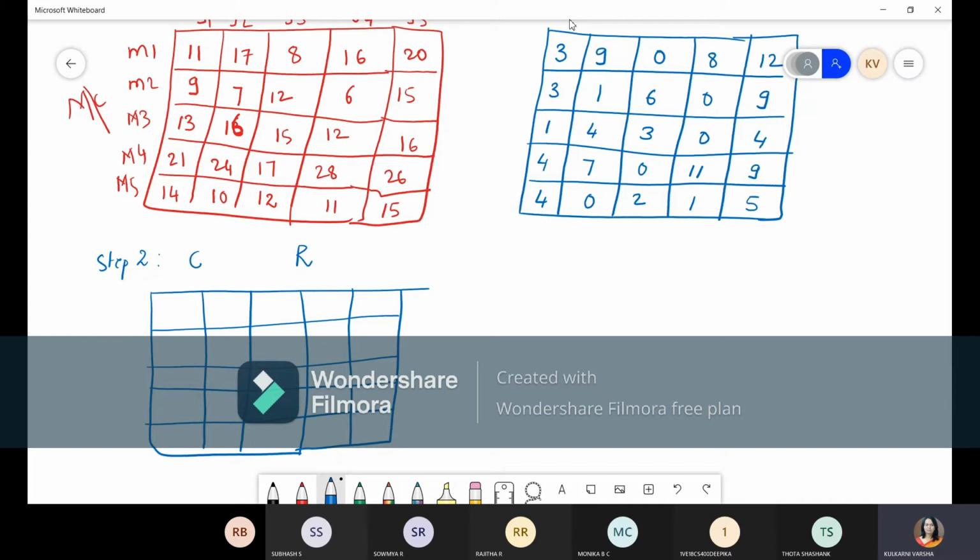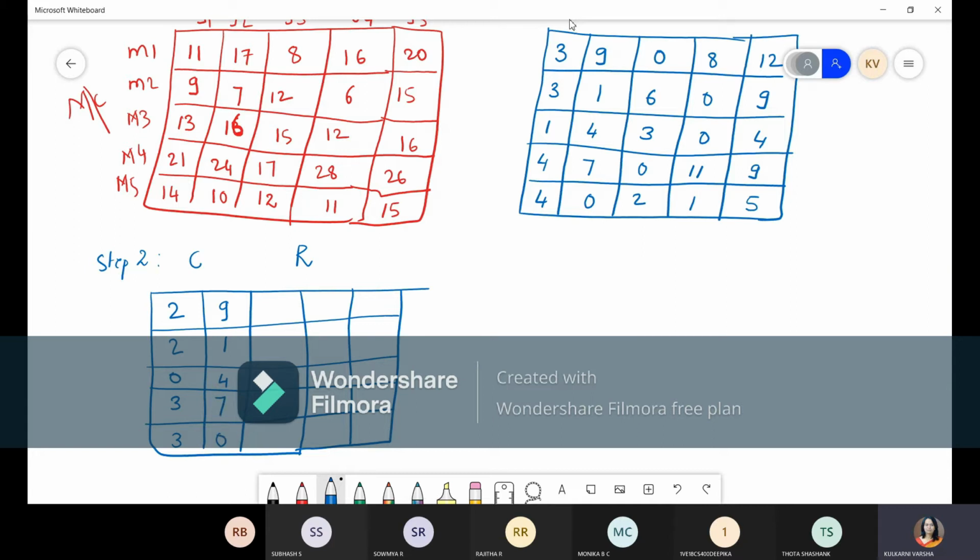For the first column, the minimum element is 1. So subtract it from the other elements. So 2, 2, 0, 3, 3. Then the minimum element here is 0. So as it is, we'll write down the elements: 9, 1, 4, 7, 0.